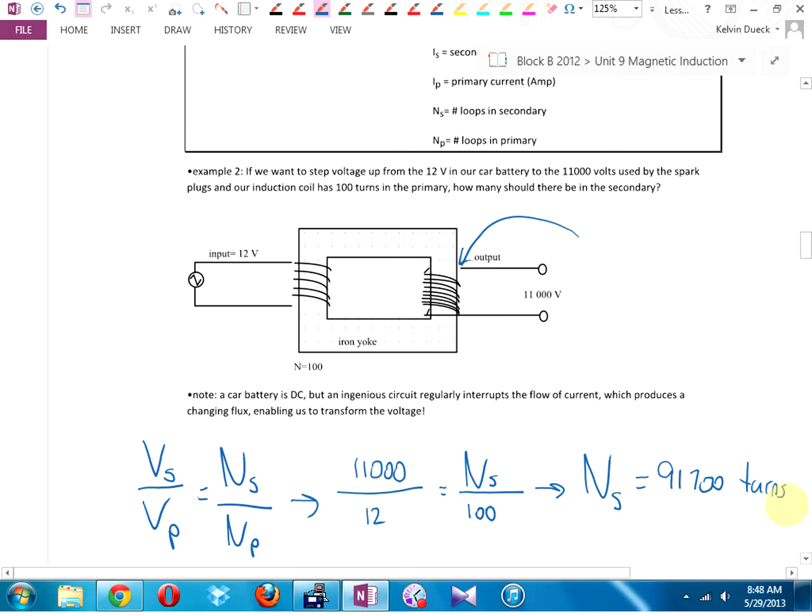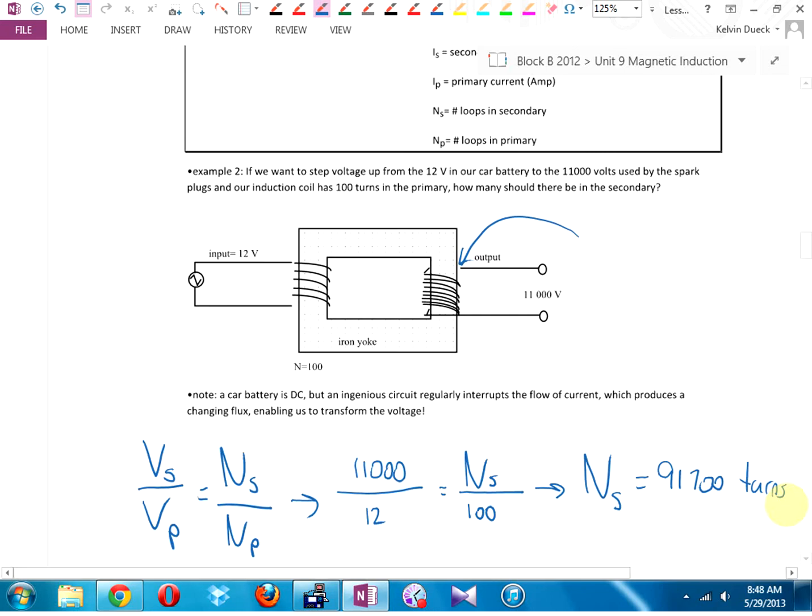How big was my primary voltage? What was my secondary voltage? Is our secondary voltage bigger or smaller than our original? Bigger. We call this a step-up transformer. If the voltage is smaller, do you know what we call it? Step down. And it's based on voltage, not on current, because a step-up transformer gives you a bigger voltage, smaller